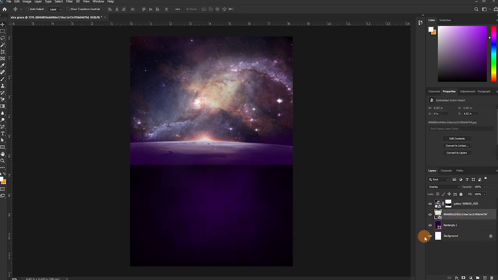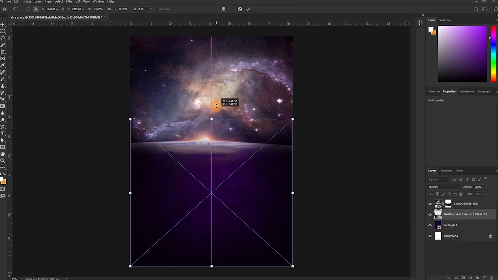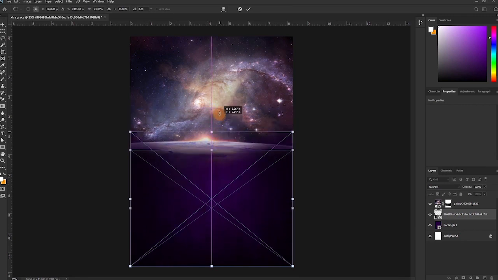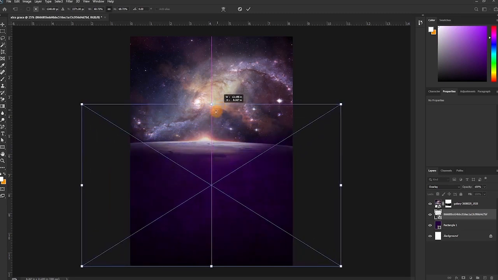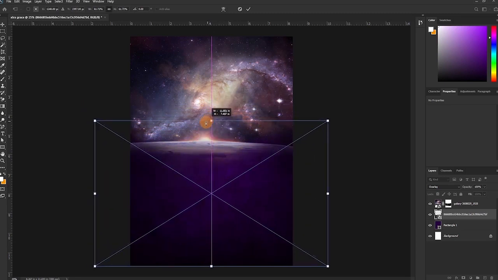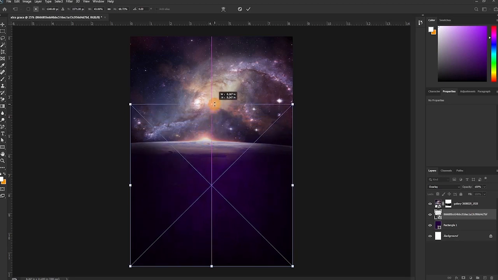So let's enlarge this. Press and hold Shift and then just drag to have this kind of a transformation, or else it will give you a more uniform transformation. But in this case I don't want a uniform transformation, so we go with the Shift instead of just